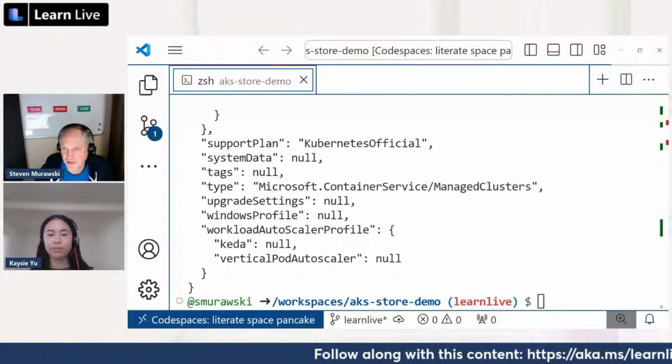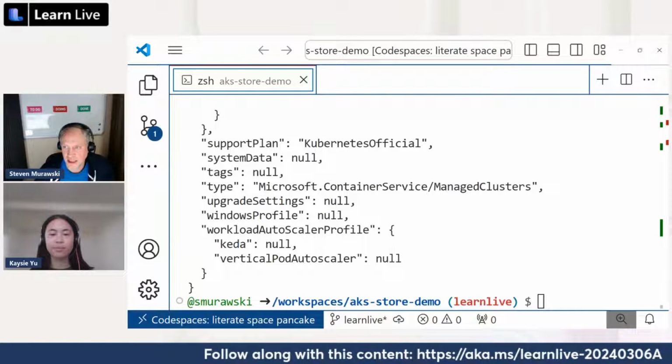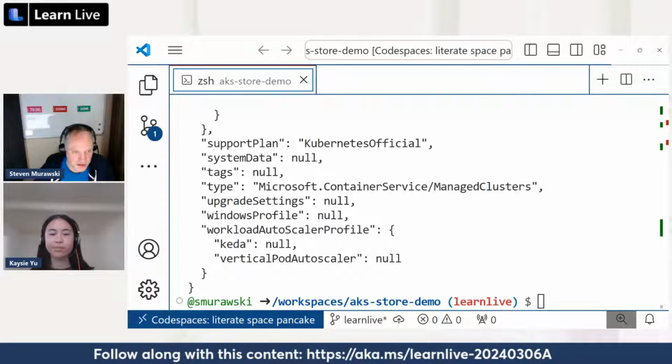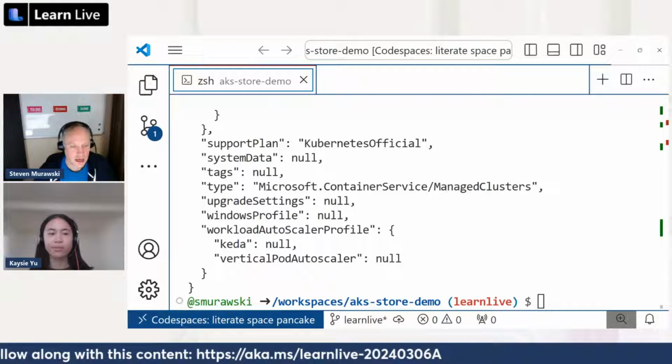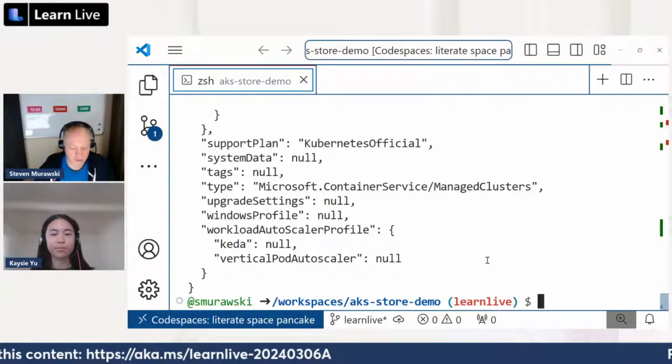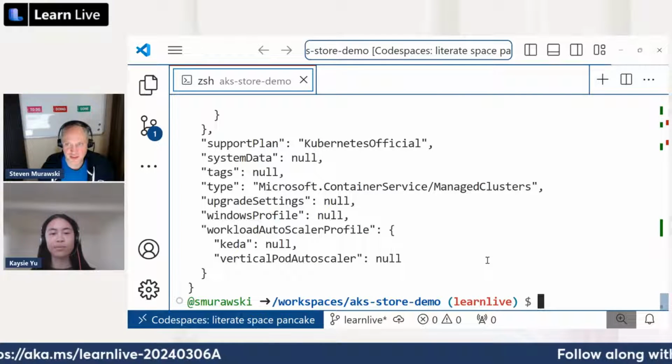And to me, that's one of the key things to this. Now, setting up container insights. Container insights is what's going to